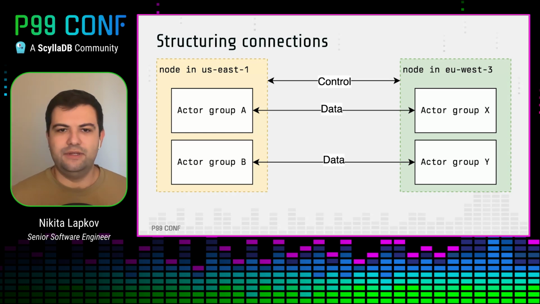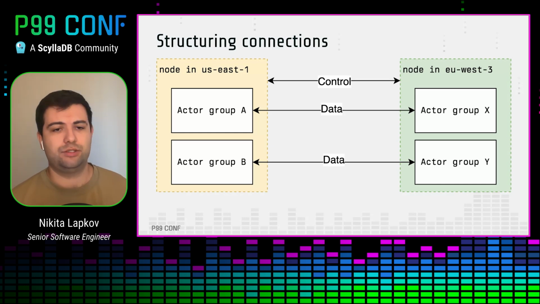The rest of the load-bearing connections in our system are so-called data connections. This is still a TCP socket, but it has a different purpose. All actors inside elfo are structured into actor groups. You can think of an actor group as a way to put a bunch of actors which do similar things together. For example, you can have an actor which handles a WebSocket connection. Say you have a web server and a bunch of clients connect to you. Each actor basically owns the WebSocket of some client.